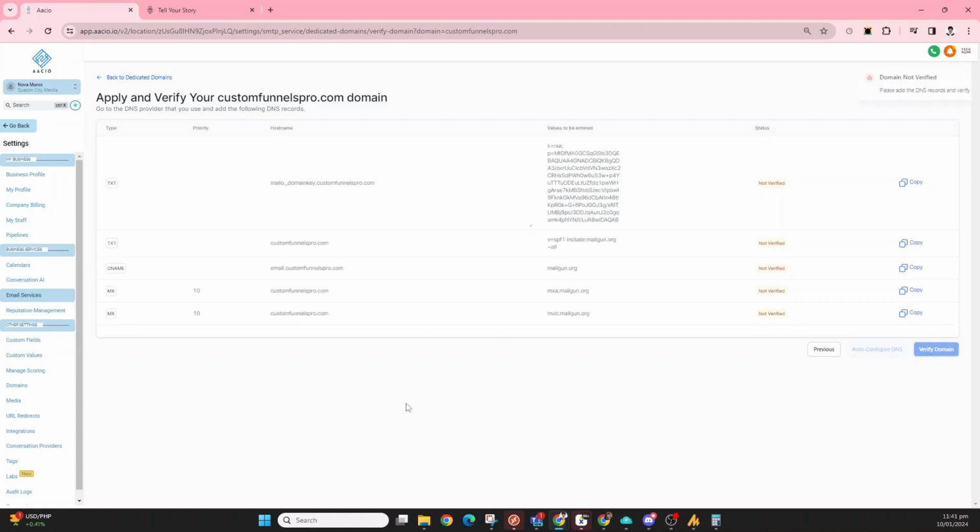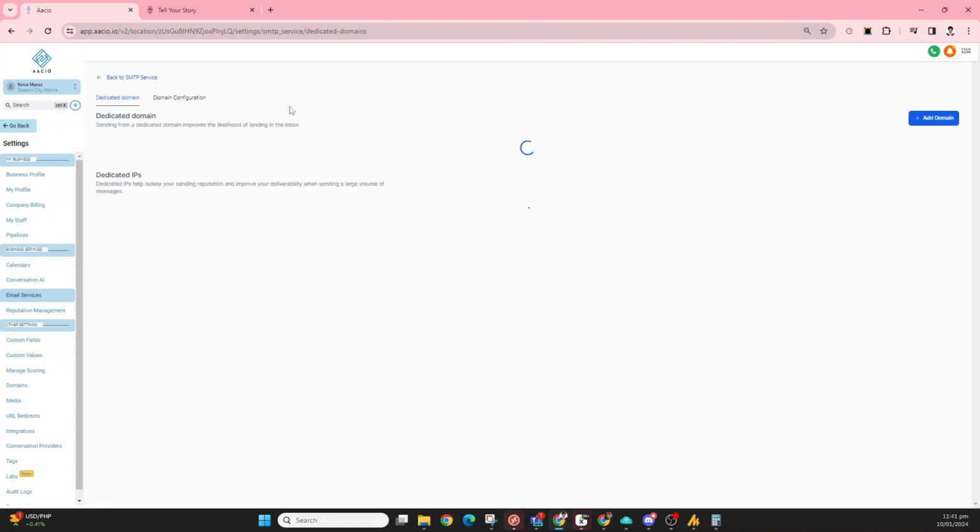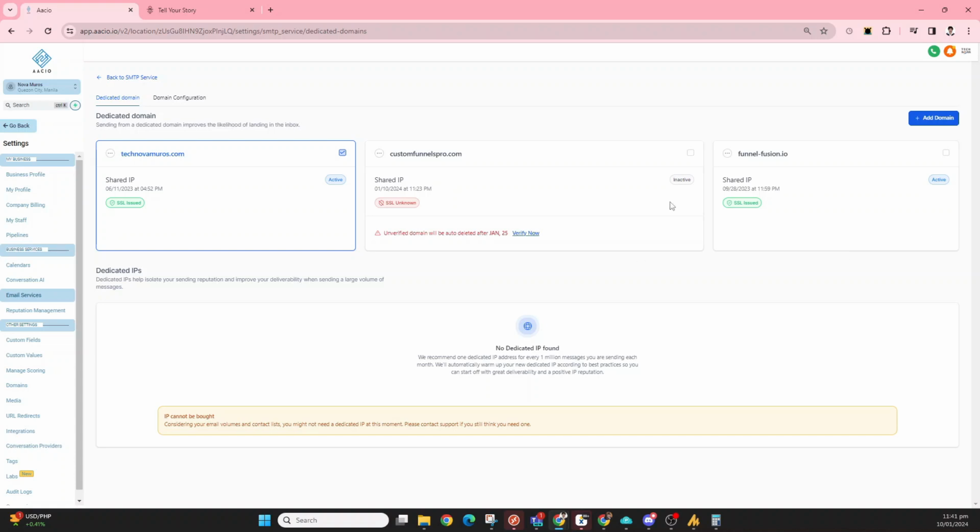So it's still not verified. There's one thing that I want to try as well. I'm going to set up Custom Funnels Pro on my Titan Mail, and then I'm going to try this again tomorrow. But like what I said, in case, you can still select a different one. I have different domains right here. I can just simply select this one. The only problem is that